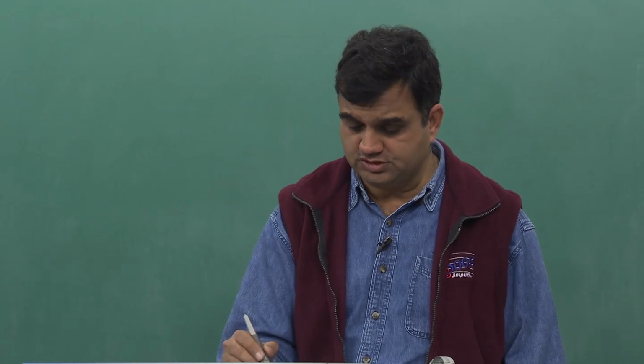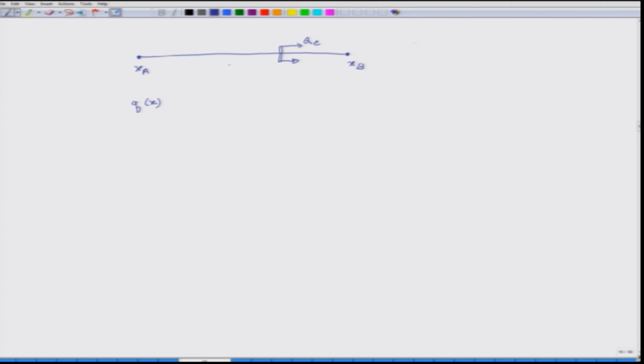So I will express q e, which is a point load, as a function of x. Let us say this coordinate is x naught. So I will say that q of x is equal to q naught